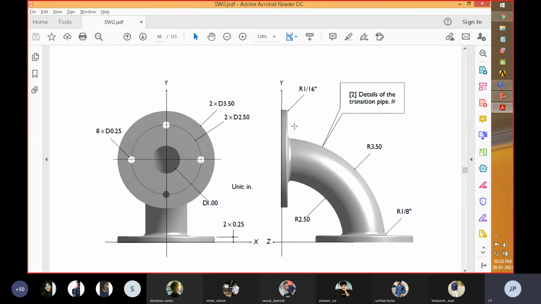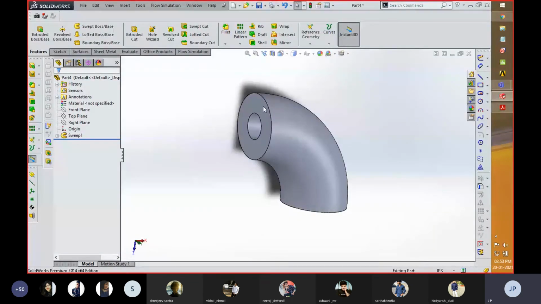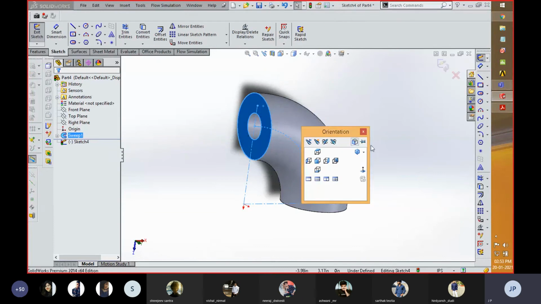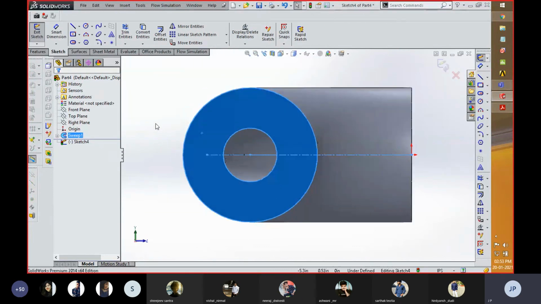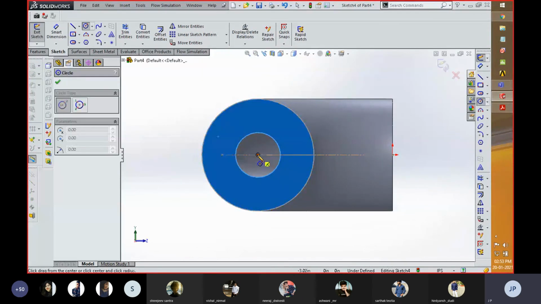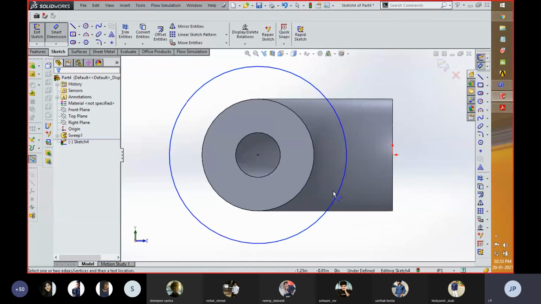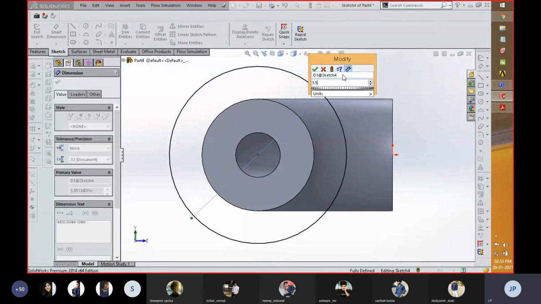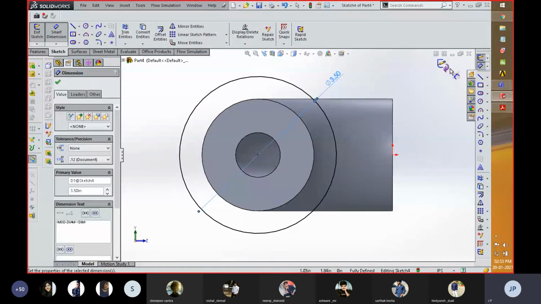to create these two plates. So for that, I am going to create a circle of 3.5 inches with a diameter of 1. So that can be done with the help of this module. So over here I am going to create a circle which is of 3.5 diameter, 3.5 inches. I'm just creating the outer circle,